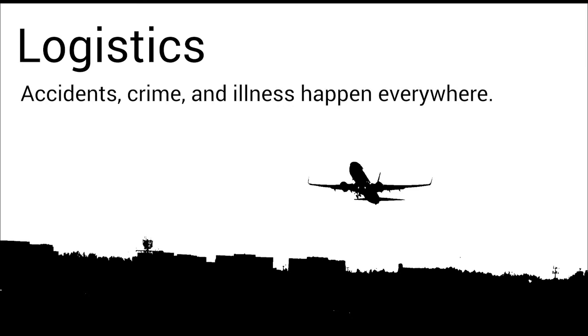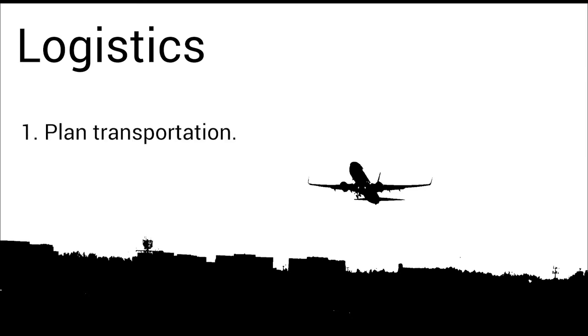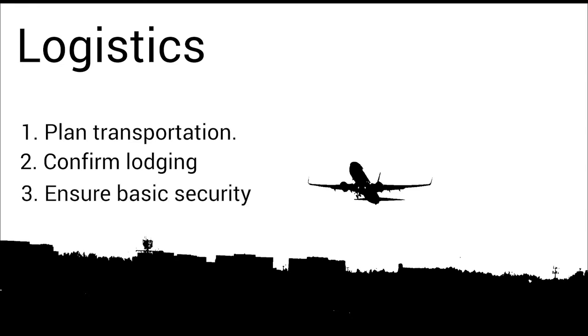Solid logistics are key to the proactive stage. For example, ensure that your transportation needs are properly planned. Confirm and reconfirm your lodging and specific room arrangements. Ensure that students have basic security, including locked doors and windows, in their accommodations as well as safes or secure rooms to store their belongings. Create a complete and realistic schedule that includes considerations such as sufficient numbers of breaks, access to fresh water and